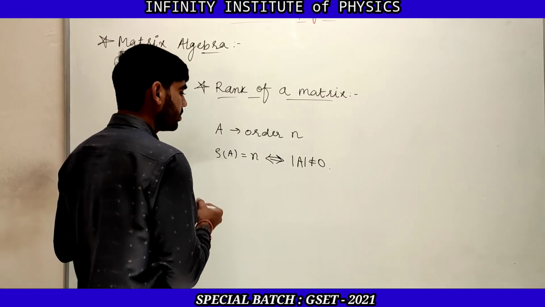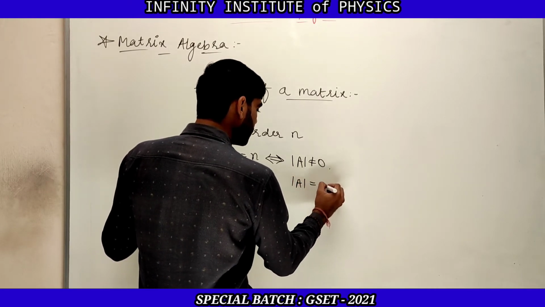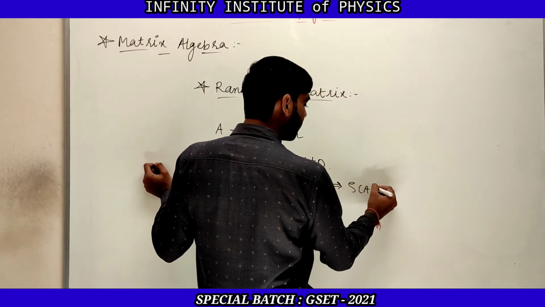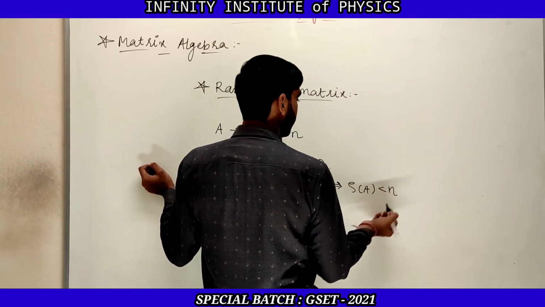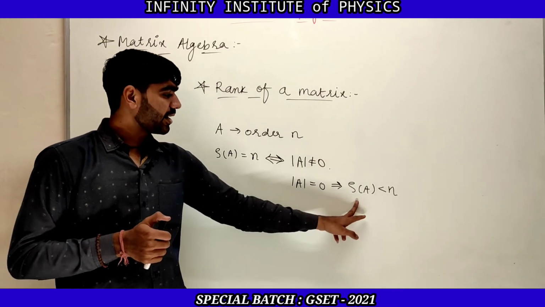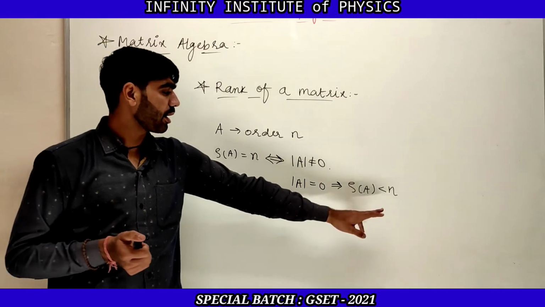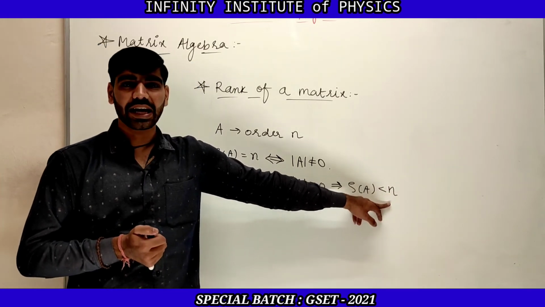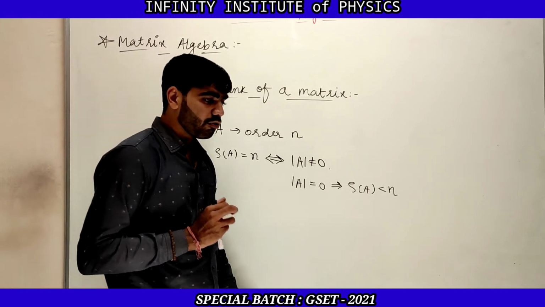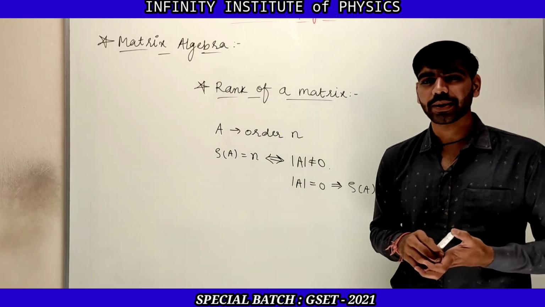And if the determinant of A is equal to 0, then the rank of A will be strictly less than n. Rank of A can be 1, 2, 3, 4 up to n minus 1, but it cannot be n, as the determinant of A is equal to 0. So whenever you have questions related to finding the rank of a matrix,